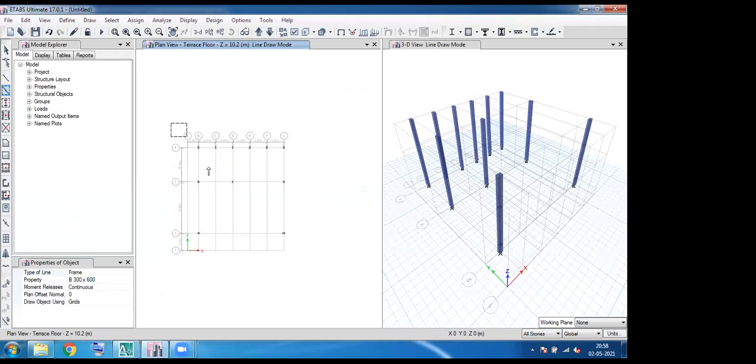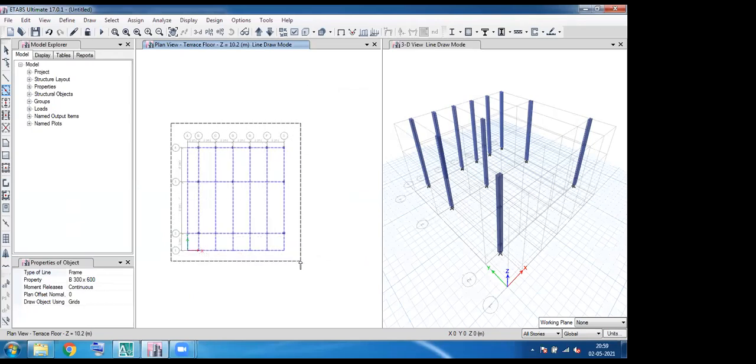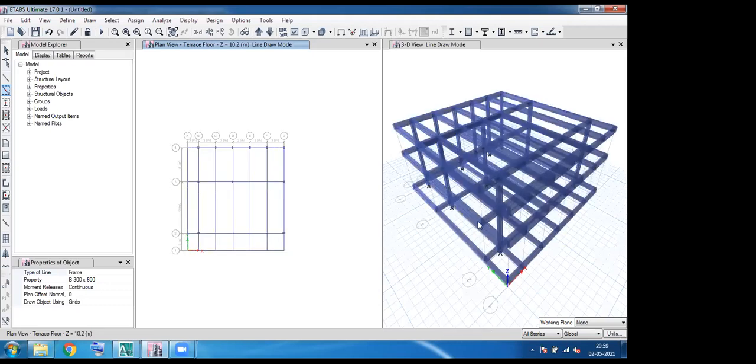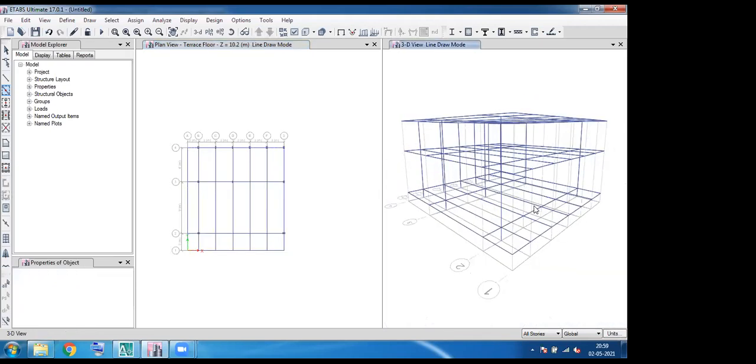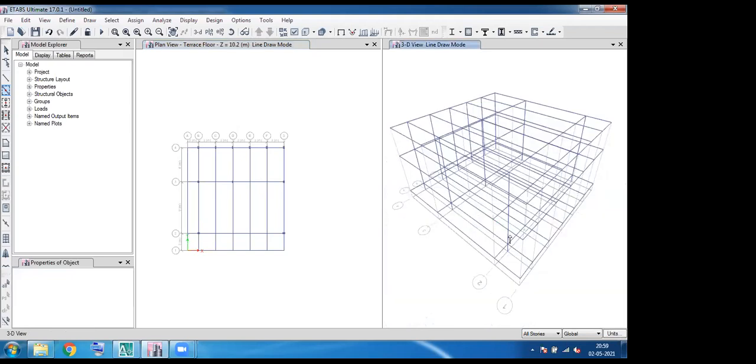If all the beams are of equal size, you simply do it. But in practice, you will not have a similar beam for the columns, main beam and secondary beam. We have different sizes based upon the spanning. So we need to create beams individually. But here I'm just creating a single structure. Okay, right here, see, in 3D you can see that the beam and column are created.